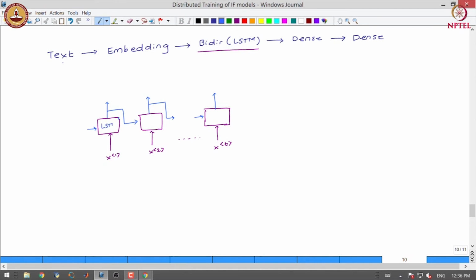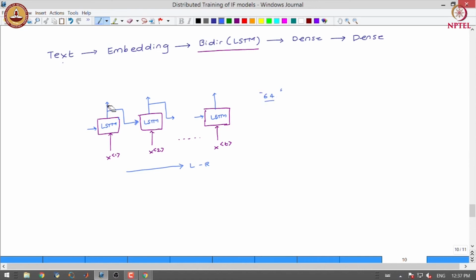So, let us say these are all LSTM units. Here we are passing the recurrent connection in this particular direction from left to right. We actually get 64 numbers from this LSTM.